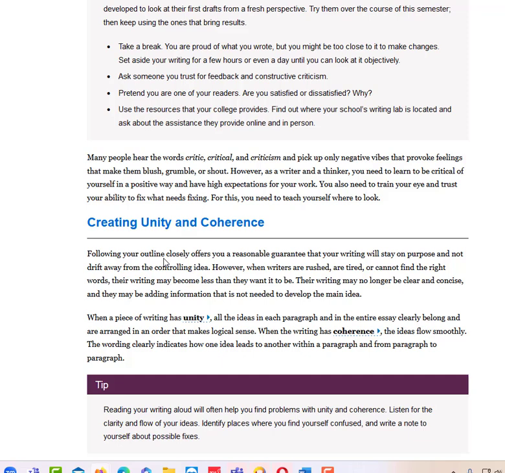When a piece of writing has unity, all the ideas in each paragraph and in the entire essay clearly belong and are arranged in an order that makes logical sense. When the writing has coherence, the ideas flow smoothly. The wording clearly indicates how one idea leads to another within a paragraph and from paragraph to